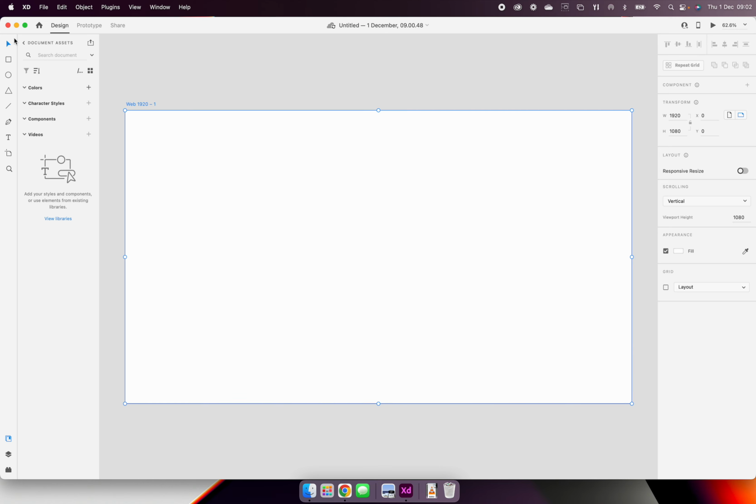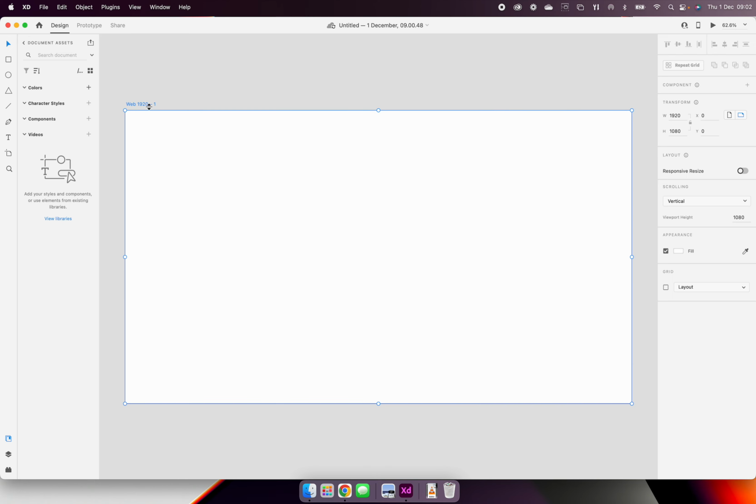Now on the side here you have a number of tools. You've got some shape tools, you've got line tools, you've got drawing tools, you've also got a text tool there as well, and underneath you've got artboard tools and zoom tools. But most of these you're not going to need, but we are going to use some of the basic shapes now to get going. Now you'll notice at the top there the name of the page is just called Web